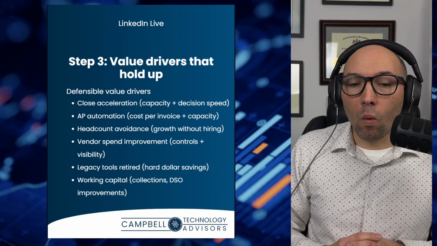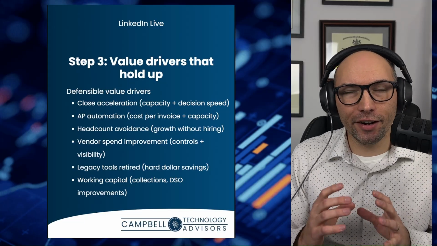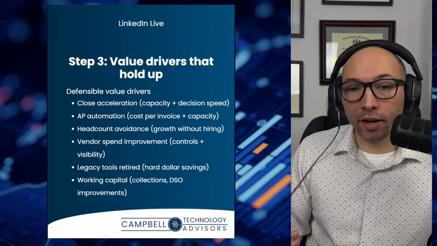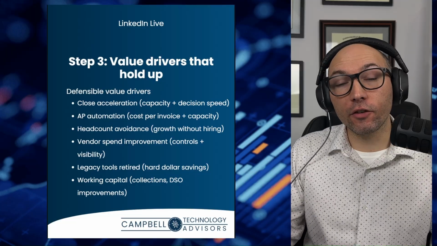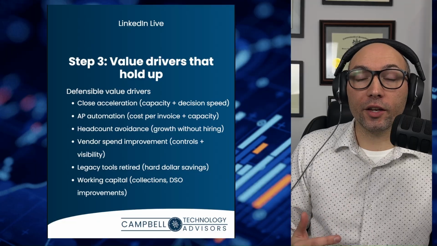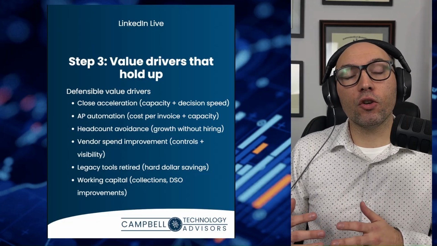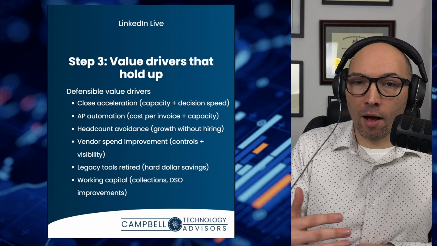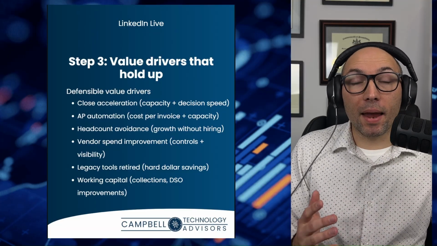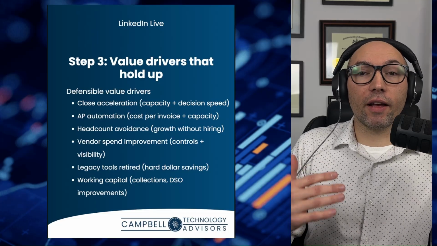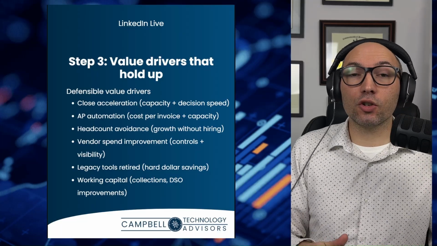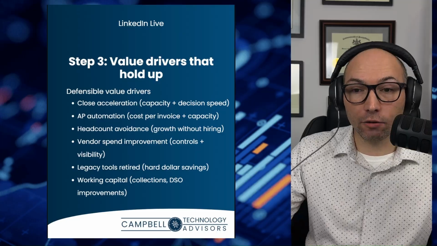So another really good one that can be very difficult to quantify, but extremely powerful, is working capital improvements, like better collections and reduced days sales outstanding. You're collecting from your clients or your customers more timely, more quickly. Maybe you're even generating your invoices to your clients at a much more accelerated path, maybe at the time of delivery, maybe the time of order. Maybe you've even got automation embedded into your collections efforts where you're following up with clients more timely or more frequently. That can translate into specific operational dollars.